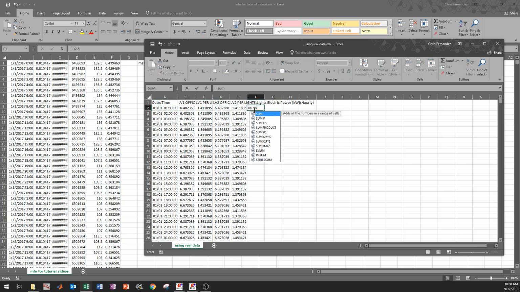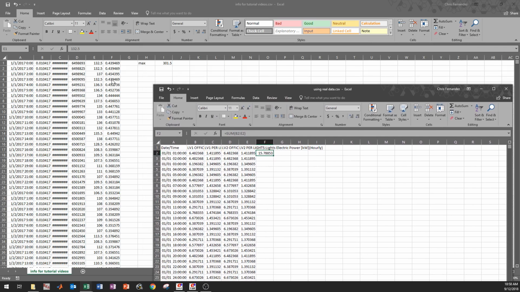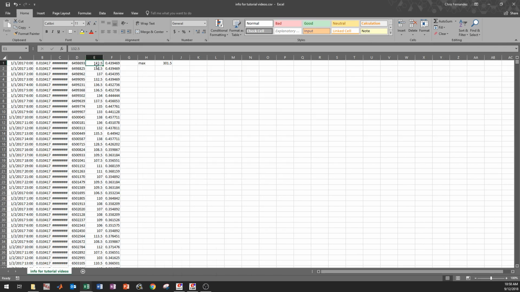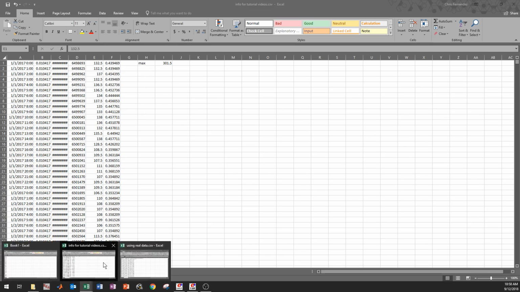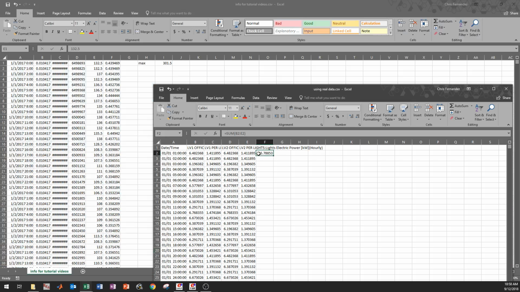And then you can sum these values together and get 15. So this is what EnergyPlus is giving us, but according to the real value it should be 132.5. So to find out what we need to do, because we only used 1, we can just use 132.5,